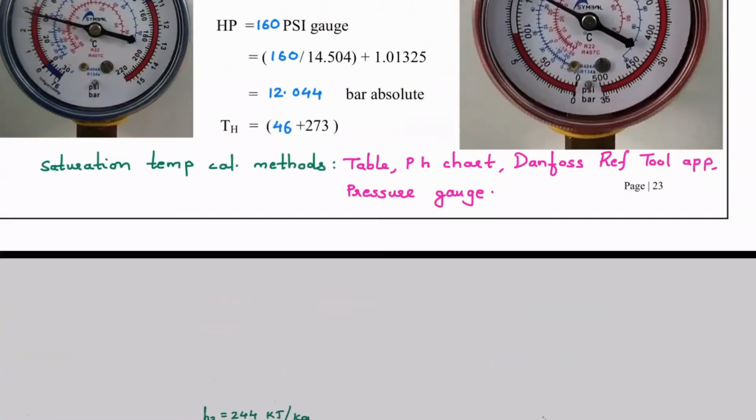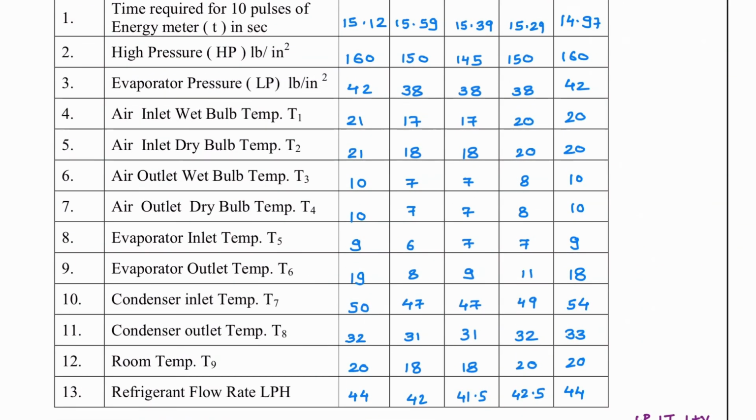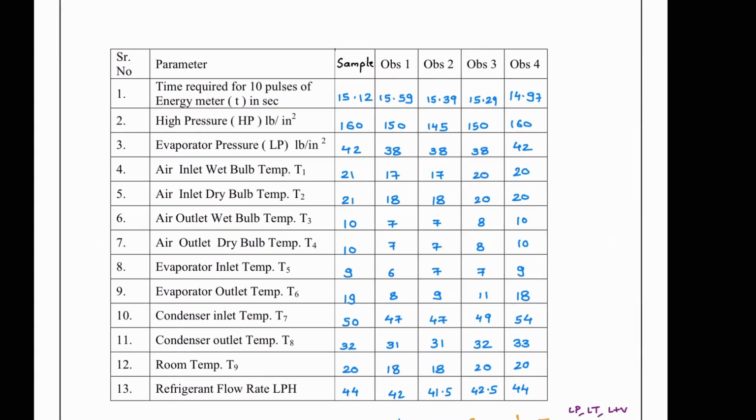So now you can start calculations. We have 4 batches and 4 observations are shown over here: observation 1, 2, 3 and 4. Each batch will do the calculation for their observation number. So batch 1 will do calculation for observation 1, batch 2 for observation 2, batch 3 and then batch 4. I have shown you the sample calculation. Don't do the calculation for the sample in your manual. So we will stop over here.